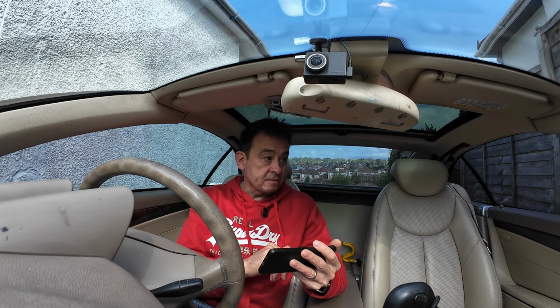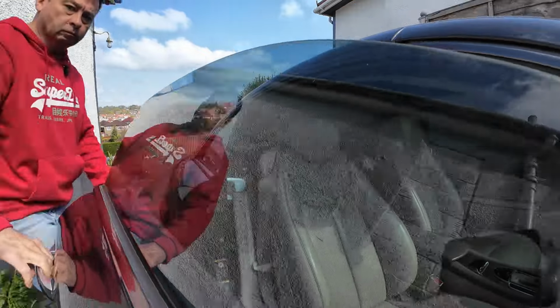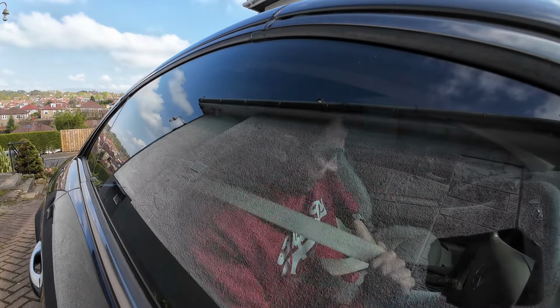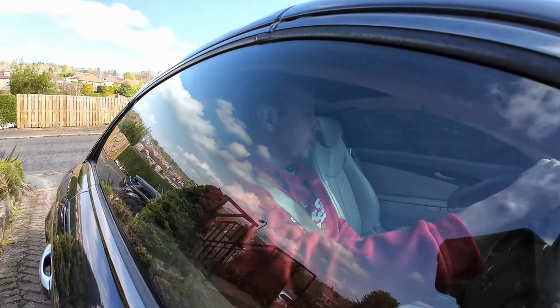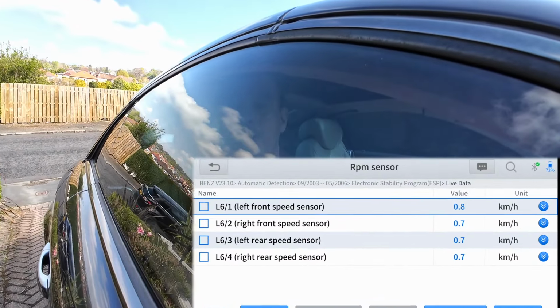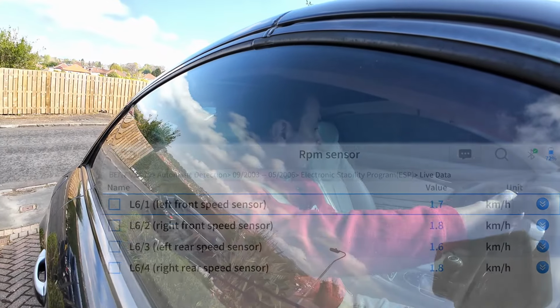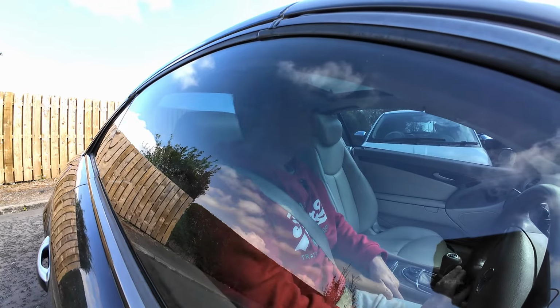So I'm going to go for a little drive now, and I'll show you exactly what this can do. Safety first, let's get the old seatbelt on. So my drive is a little bit steep, and you can see straight away, even though I'm in reverse, I've got the speed showing nice and evenly. We've got 1.3 kilometers an hour. So once I've reversed out of this drive, we'll get a bit of speed up,